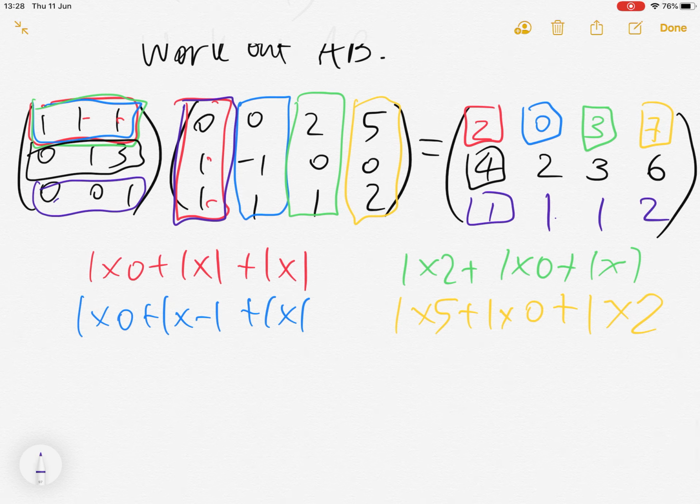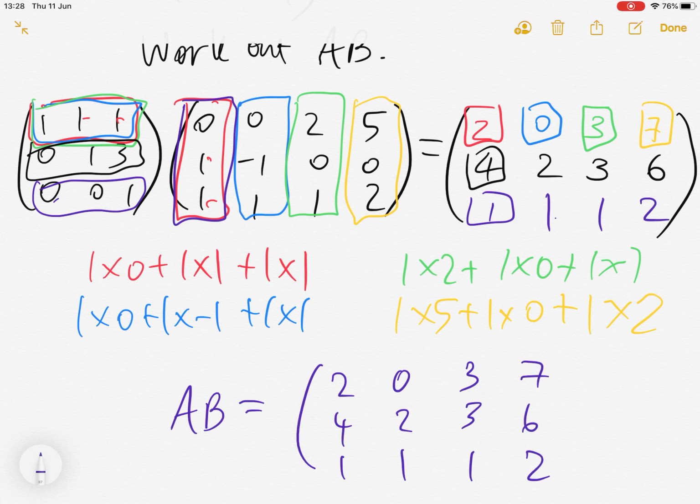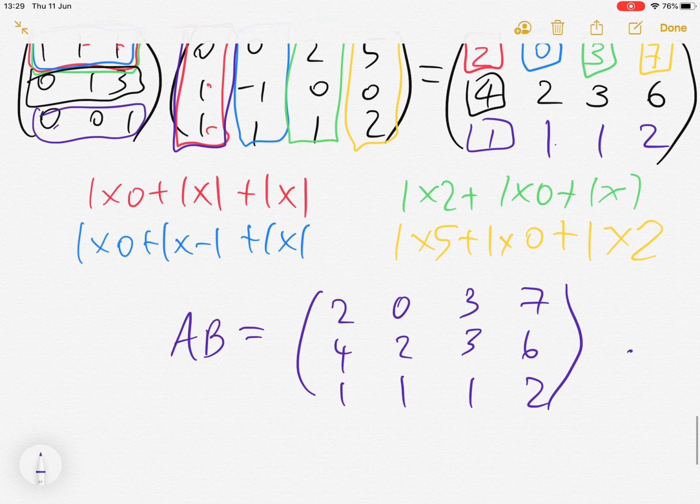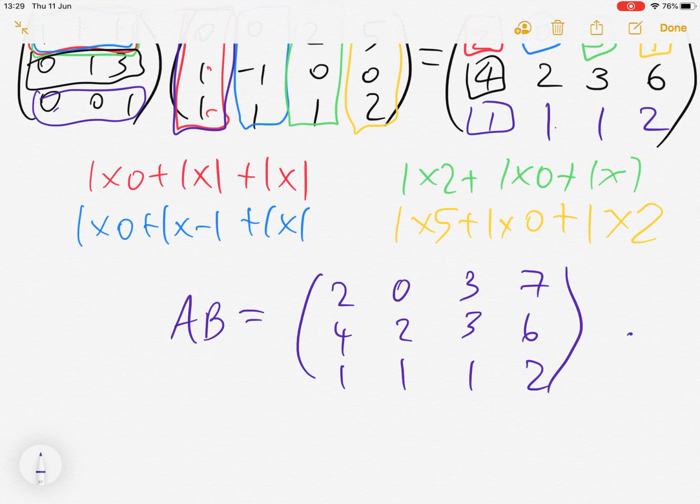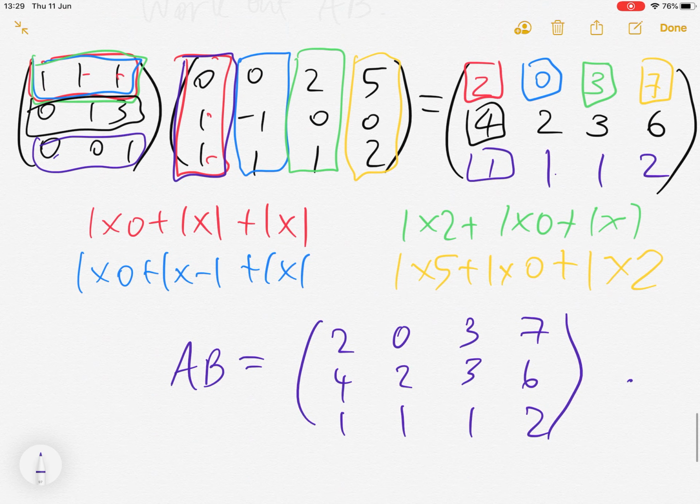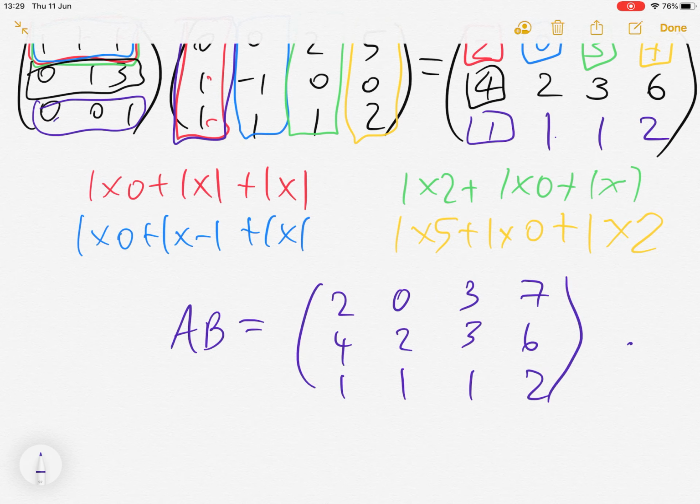So the answer to this multiplication AB is 2, 4, 1, 0, 2, 1, 3, 3, 1, 7, 6, 2. That's the answer. So this procedure can be extended to multiply any m by n matrix by any n by k matrix. And so you might also have to do slightly more complicated questions that sometimes involve, for example, solving simultaneous equations to find certain matrices, or you might have to,